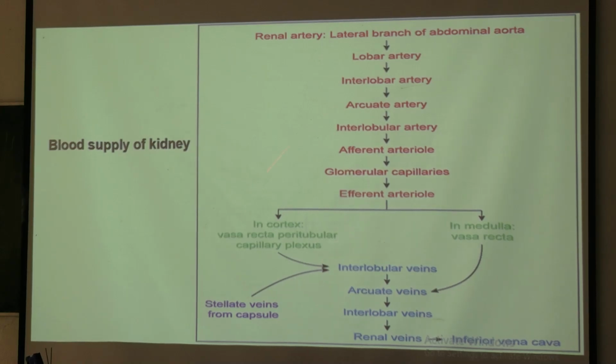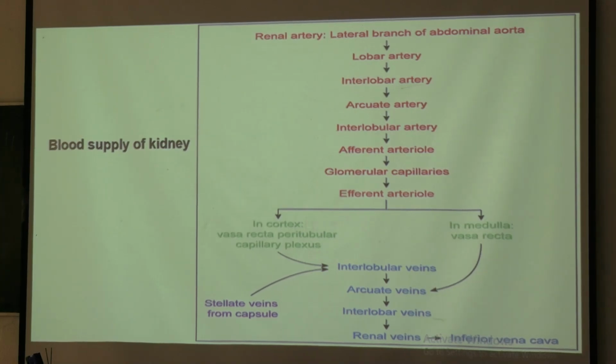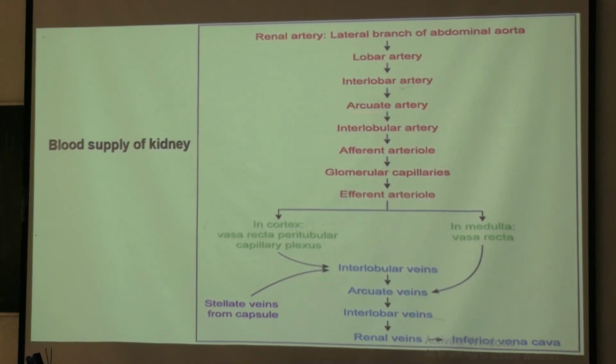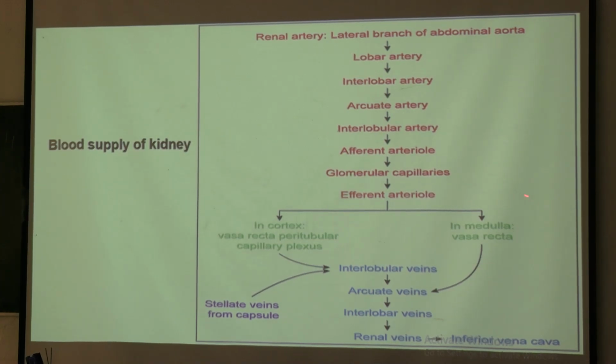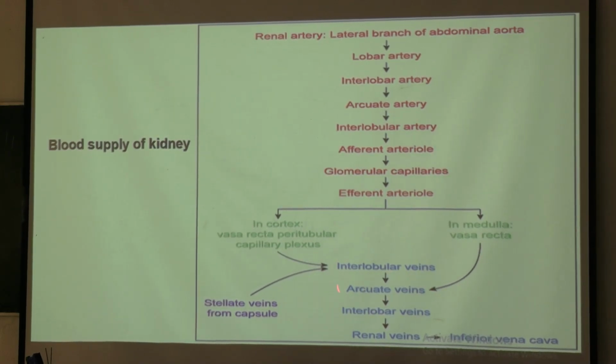So this flow chart you remember. Okay, renal artery, which is a lateral branch of abdominal aorta, divides into lobar artery, from there interlobar artery, from there arcuate artery, then interlobular artery, afferent arteriole, glomerular capillaries, efferent arteriole, in the cortex vasa recta, peritubular capillary plexus, in the medulla vasa recta, and this peritubular plexus joins to form the interlobular veins going to drain into arcuate